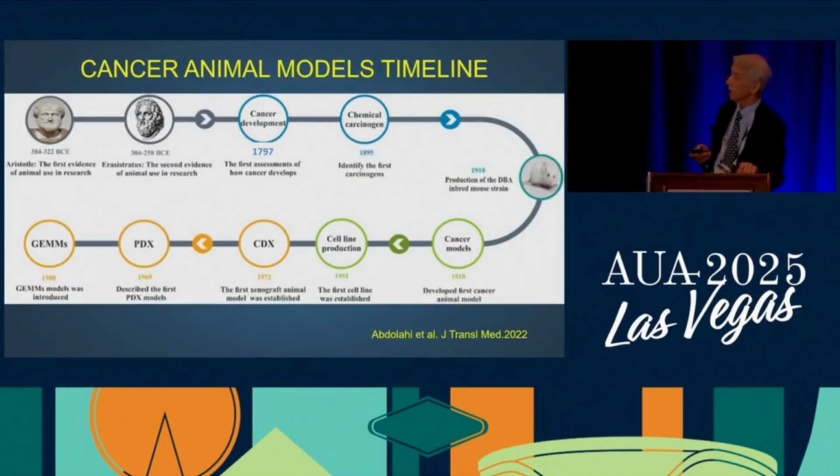So if we look back, animal models were used way back in BC by these Greek philosophers and the like, and we knew about 200 years ago that there are certain exogenous factors that can cause cancer. If you remember from medical school, they talked about the chimney sweeps in England. They developed scrotal cancer with this. The first inbred mouse strain was in the early 1900s, and then cancer models started to develop. Most importantly, the cell line production, where these were established. Along with these, in the last 50 years were the first xenograft animal models, and then they described the first PDX